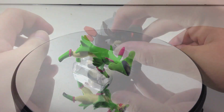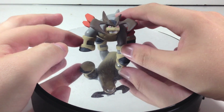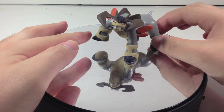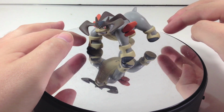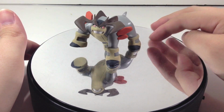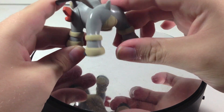So on to Terrakion. Here's Terrakion doing some sort of pose. I think he's about to use Earthquake is my guess, but yeah, he's kind of wobbly because of it. So it's supposed to be like this, not like that. So just keep that in mind. But the biggest of the three,